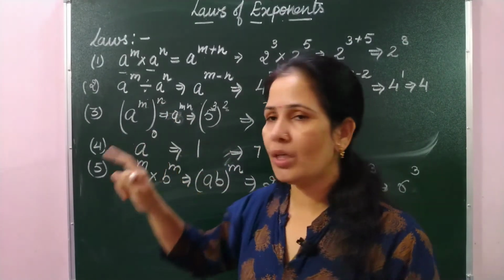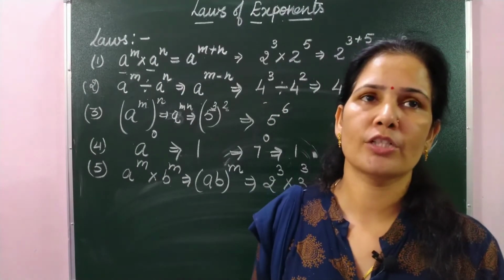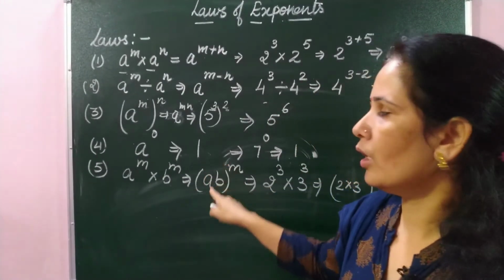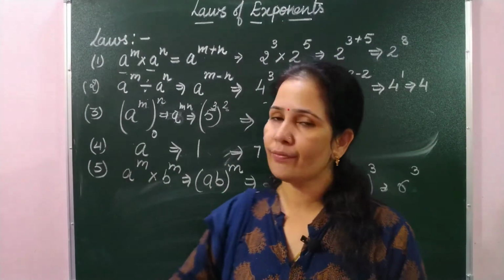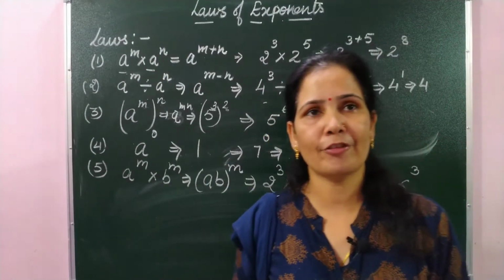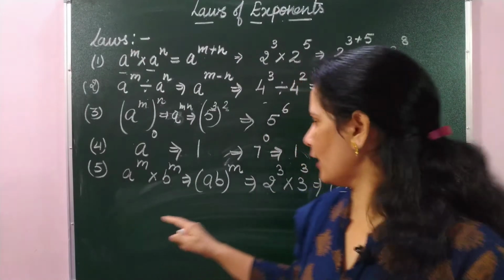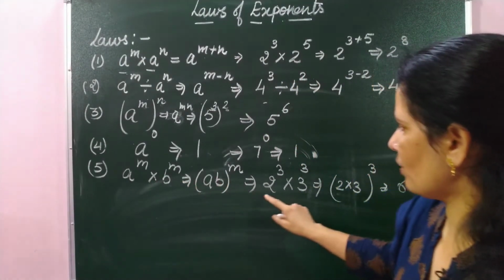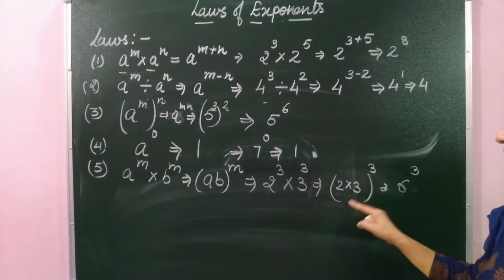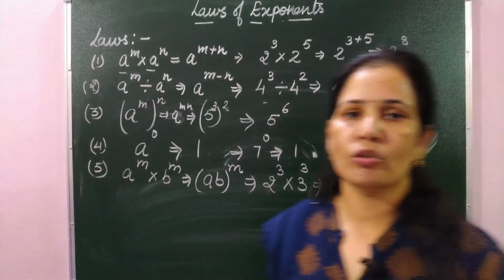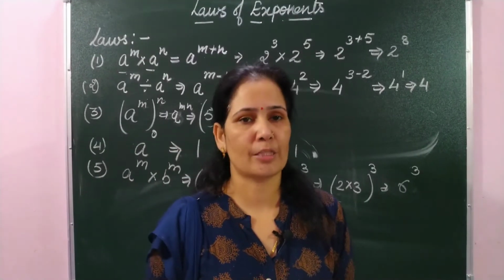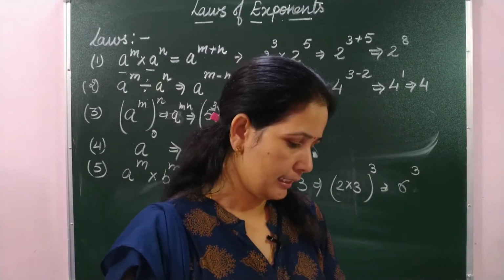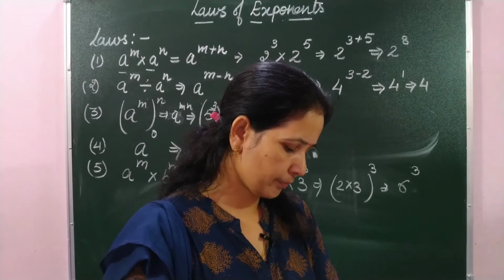Okay. Next rule: any number with the exponent 0 equals 1. Then rule number 5: if the bases are different and the powers are the same, then we take the product of the bases, that is ab. So we have multiplied this one. For example, 2 times 3, 3 times 2 is 6, raised to the power 3. So these are the laws of exponents. On the basis of these laws, students, we are going to solve our exercise, that is exercise number